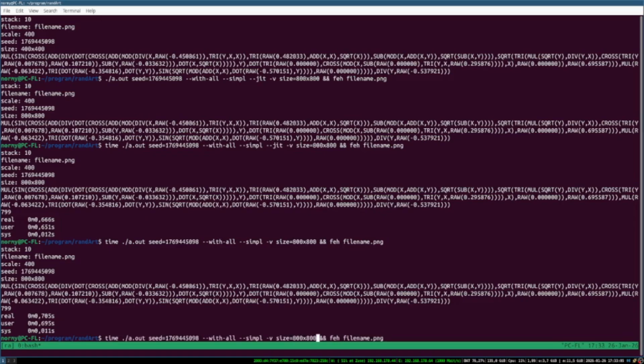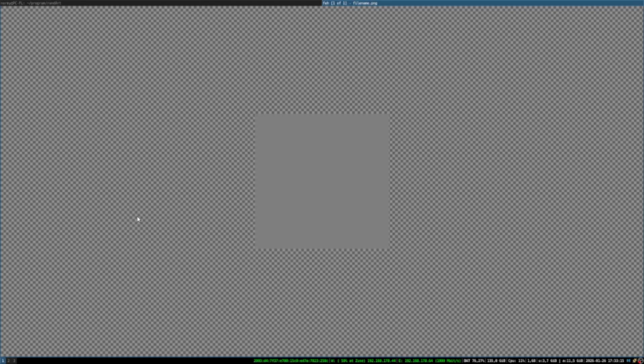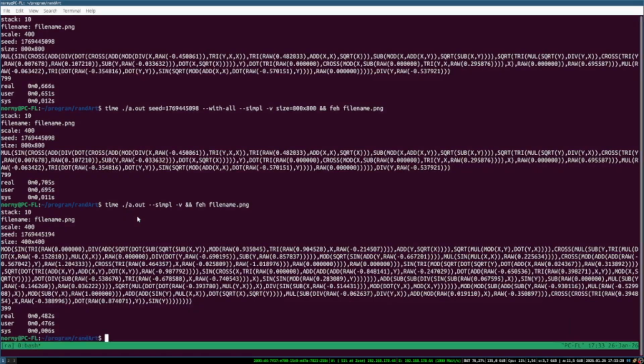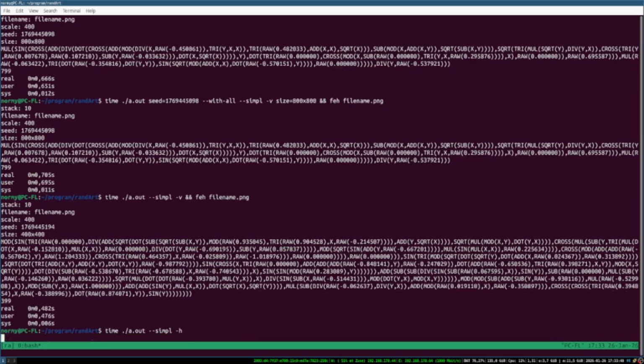But if I remove some other stuff, like that it shall be interesting and the seed also, then it might end up like this, a completely gray square. And the -v option is verbose, so printing all of this extra information. With -h you can get a help menu,